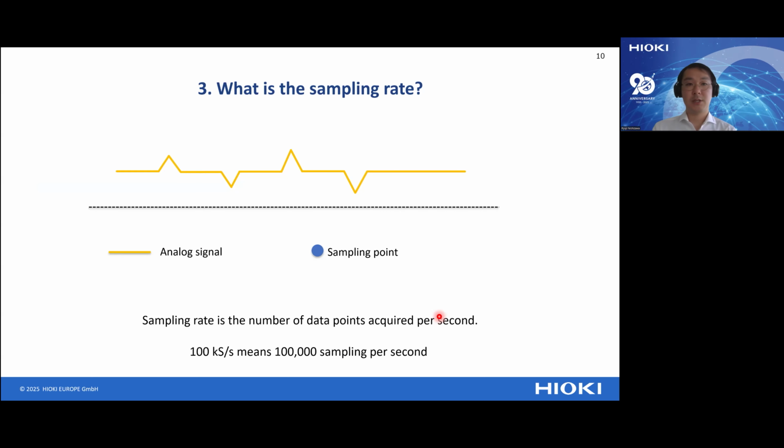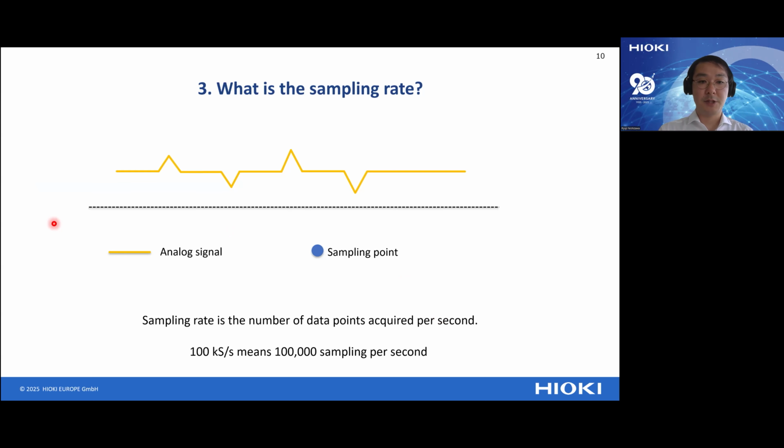From here, I'd like to explain the specs you should know. There are mainly 3 important specs: the sampling rate, the data update interval, and the frequency band. I will clarify the meanings of these words and explain the differences between these terms. First, let's start with the sampling rate.